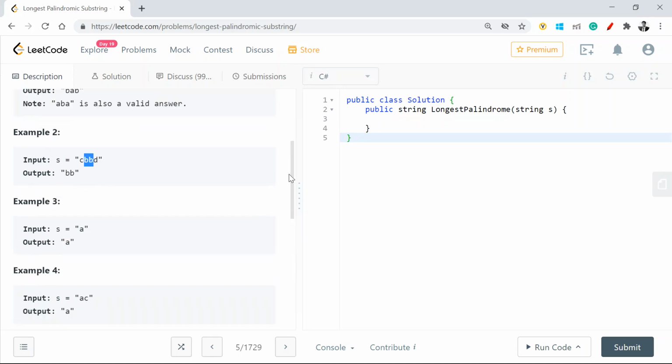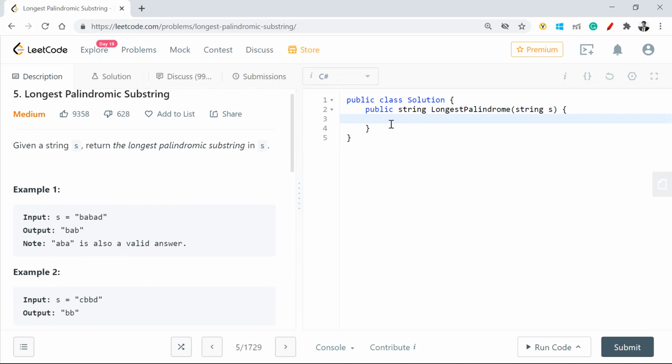Now, how will we approach this problem? There are multiple ways we can approach it.